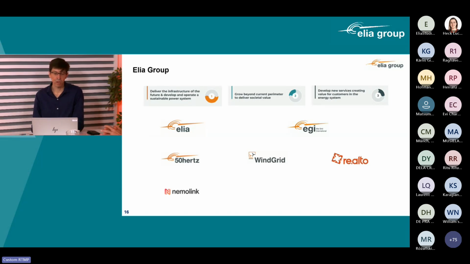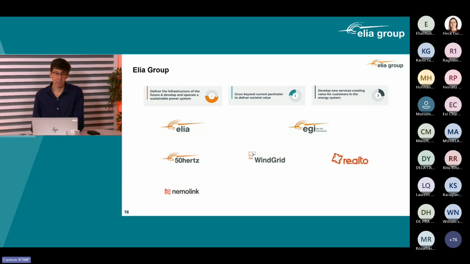Elia Group is a global energy partner that has several different subsidiaries which operate in different countries. The mission of Elia Group is to make the energy transition happen and work towards the decarbonization of the energy systems. You can see on the left side of the graph what we call the regulated activities. We have Elia Transmission Belgium, the TSO for Belgium. We have the equivalent in the north and east of Germany with 50Hertz. And we have Nemo Link, which is owned partially by Elia Transmission Belgium, an interconnector linking the grid in Great Britain to the Belgian grid.